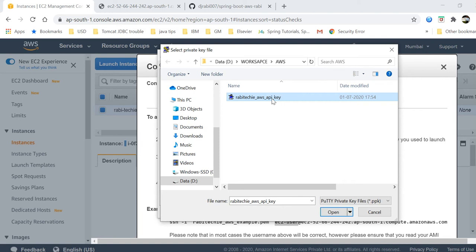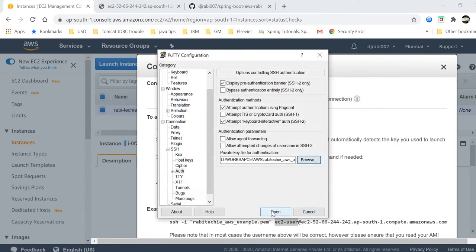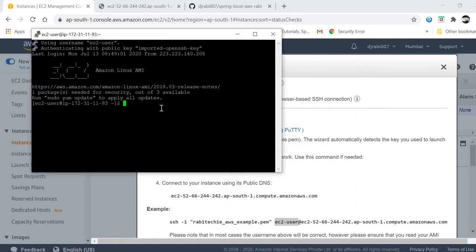From PuTTY on my laptop, I'm going to connect to AWS, which is nothing but a Linux system. To connect, you have to give a user ID and password. Instead of that, I have this encrypted ppk file, and using that I can easily connect here.